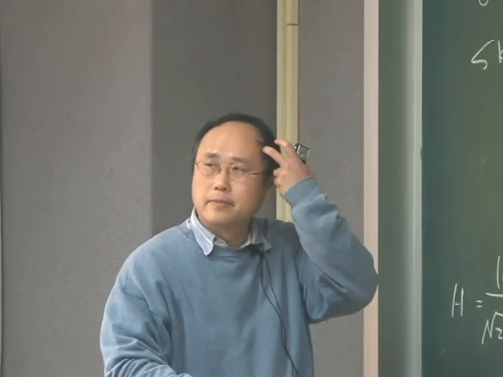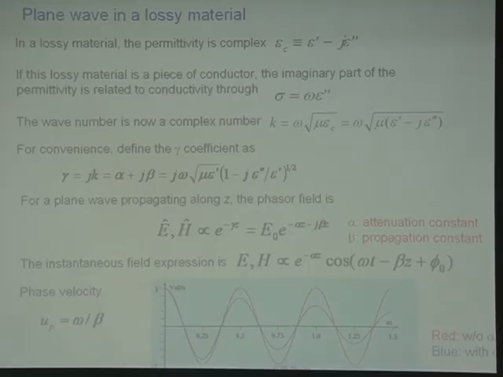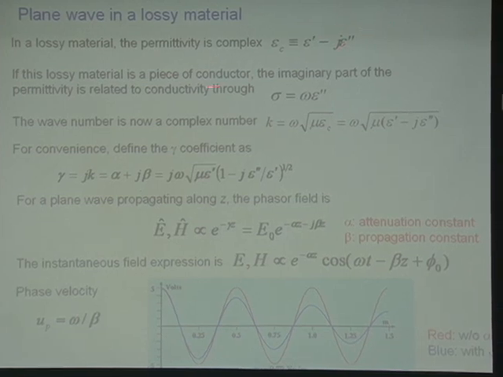OK，有没有问题？那下几页呢是告诉你说，如果说这个 epsilon double prime is small compared with epsilon 的时候，它会是怎么样一个状况？那我基本上把它跳过，OK，那个都是你自己可以看的。